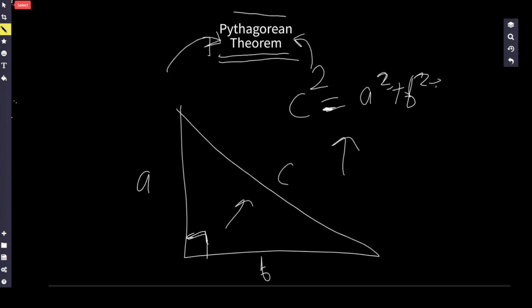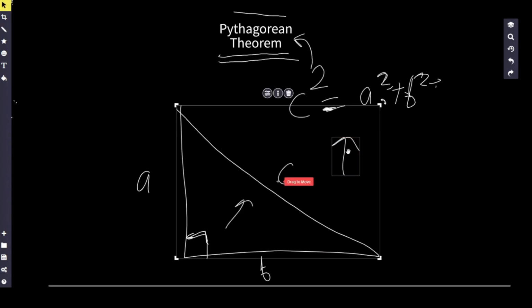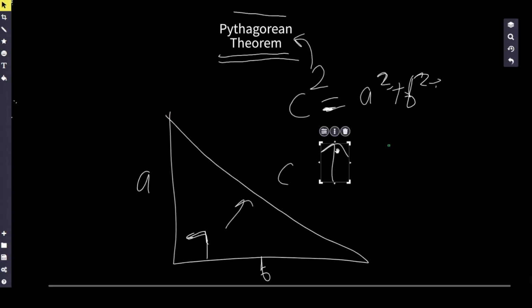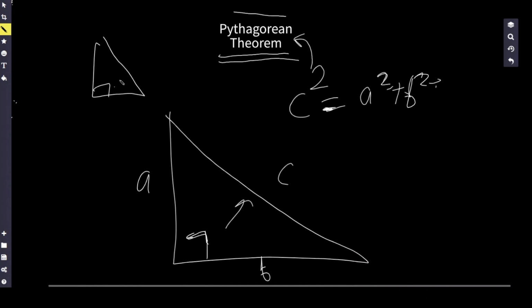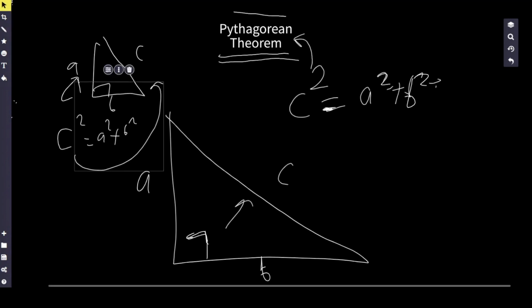Okay, so that's the first question out of the way. But the second question is, does this hold true for all right triangles? Well, yes, the answer is yes. If we have any right triangle with sides A, B, and C, then C squared equals A squared plus B squared. But which one? Okay, now C we know must be the hypotenuse, but which one is A and which one is B? Is the longer leg A and the shorter leg B? Well, the truth is, it doesn't really matter because we're adding them